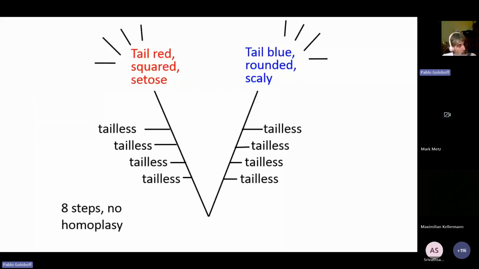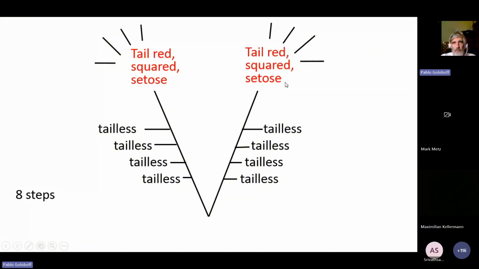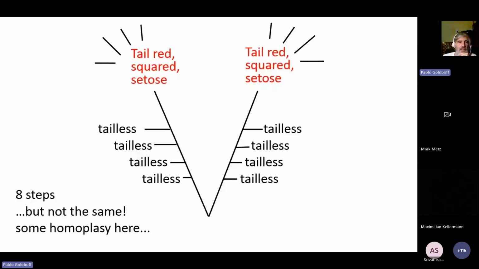Now, further possibly difficult cases would be things like this. If the cost from no tail into a red, squared, and setose tail is 4, when you have 2 different originations of tails with entirely different secondary characters, that's going to sum up to 8 steps, 4 here plus 4 here. Okay? But if you have 2 separate originations of 2 identical tails, that's also going to cost 8 steps. Did we not say that this case implies this is not the same? There is homoplasy here, and there was no homoplasy in the case before, and they have the same